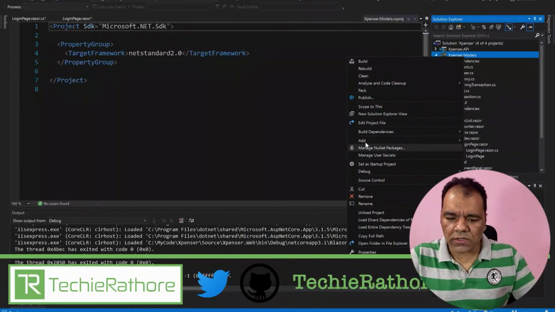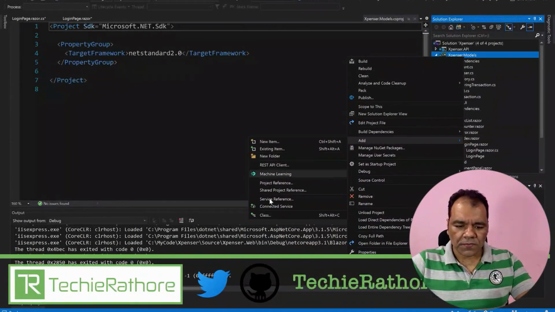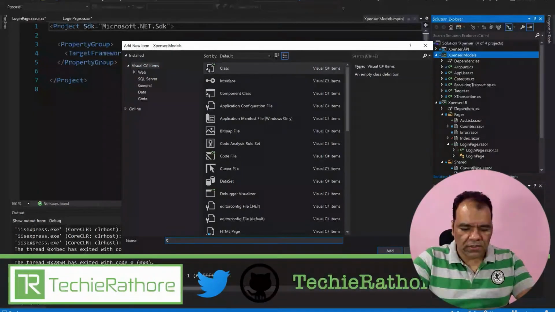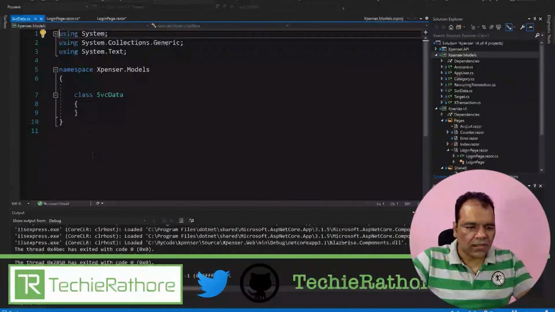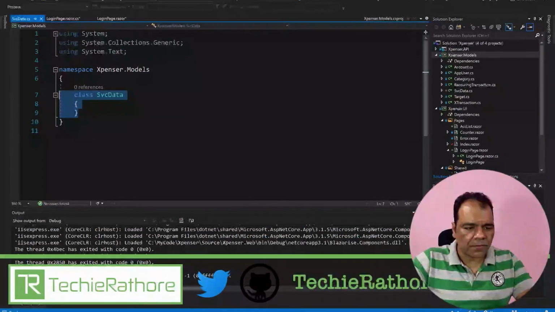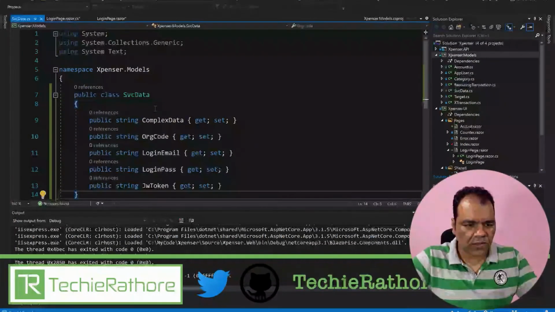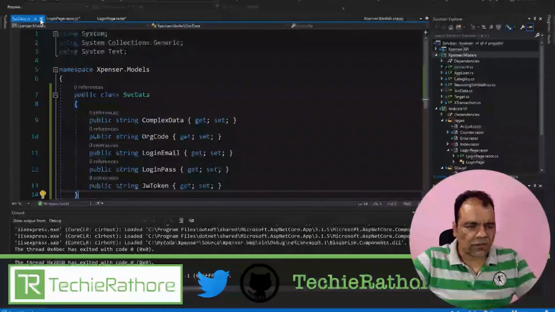So I'll add a new class, name it SVC data like this, and then paste it here, Control V. This is our SVC data. Okay, so our SVC data is ready